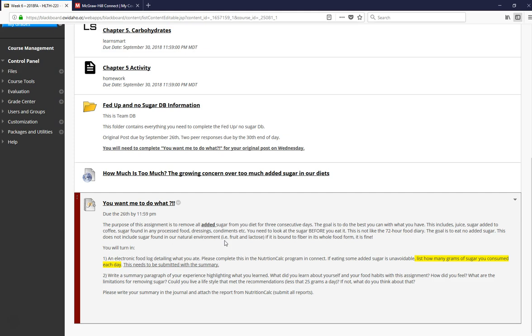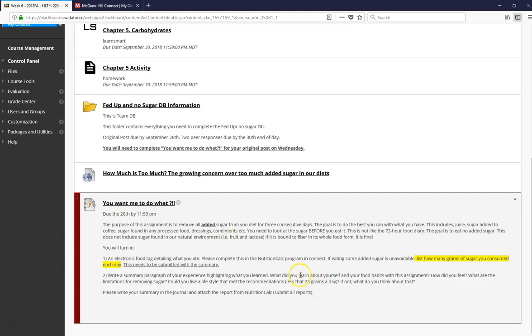So you really want to take a look at all of your foods, dressings, condiments. If you eat a highly processed food diet, this is probably going to be a little painful. And so you want to put a little bit of thought into how you're going to prep for this. One of the things that students report the most is that they felt they were hungry the whole time because they had nothing to eat. And that may happen to you. So I want you to A, prep for it, but B, I hope that that tells you a little bit of a story about the food that you're eating as well.